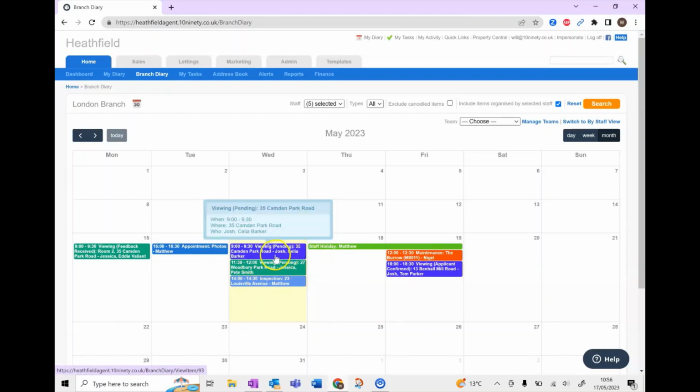So Josh has selected a specific color, so his appointments are a certain color here. So I'll just show you how you can amend this. Let's say Josh, he had his appointment today, it's blue, Jessica's is green. Let's say Josh wanted to change his color coding here. What we would need to do that, if you go to admin,